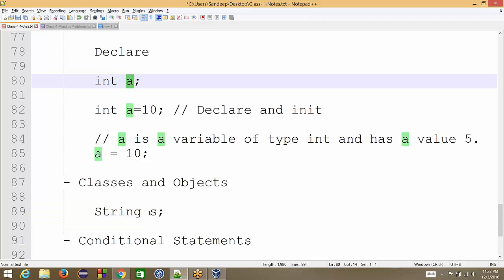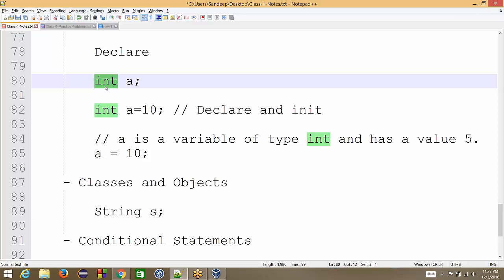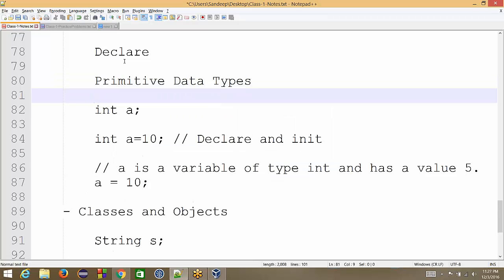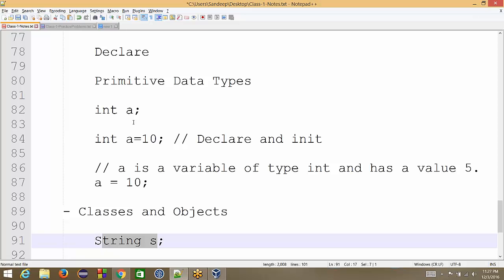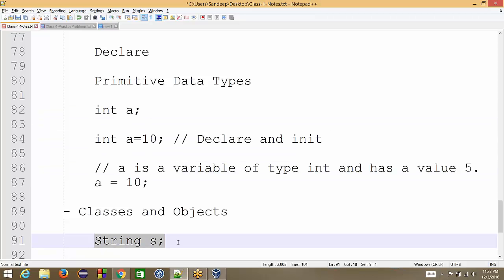But when s is a variable whose type is a class, here the type was a primitive data type. Int, float, double, char, boolean. These are called primitive data types, inbuilt data types of the language. Classes are newly created data types. These types are created using primitive data types. So you can say these are the raw material and this is the fully baked product. This is like something which gives us a high level service that we can directly consume.